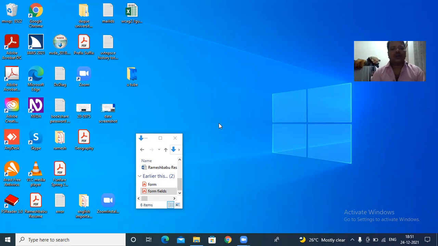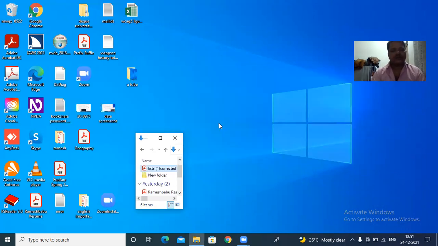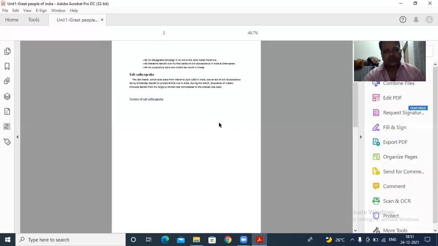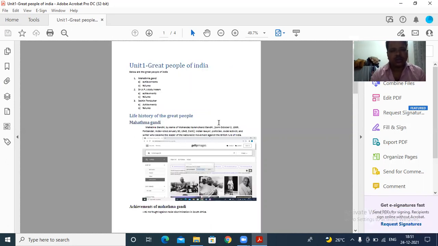Okay, so I'm having a file. Zoom row 1 column. Downloads row downloads. Items view. Today grouping expanded. Lists 1 corrected 1 of 6. Unit 1 Great People of India Adobe Acrobat Pro. This is the same file which we used in the previous class. Heading level 1 page. So let me go to that list with 4 items. List with 3 items. List with 2 items. List with 2 items. List with 2 items. List with 4 items. Bullet. Okay, list with 4 items. The focus is on the default LBL of the first list item.